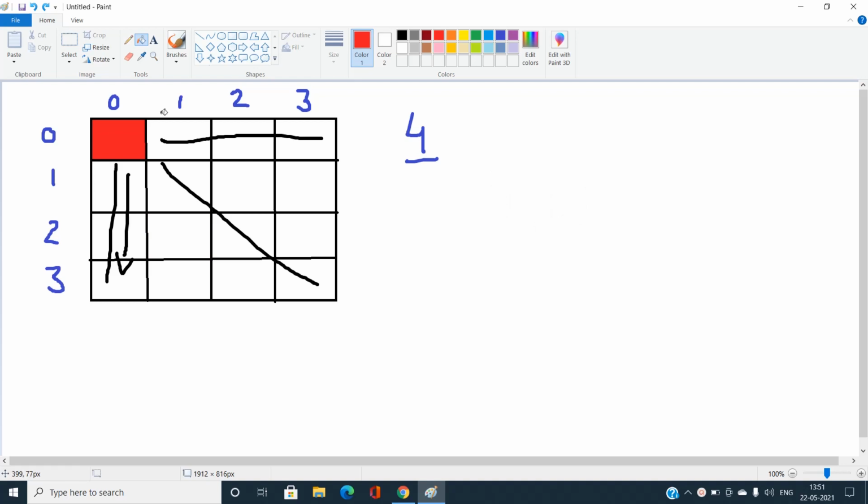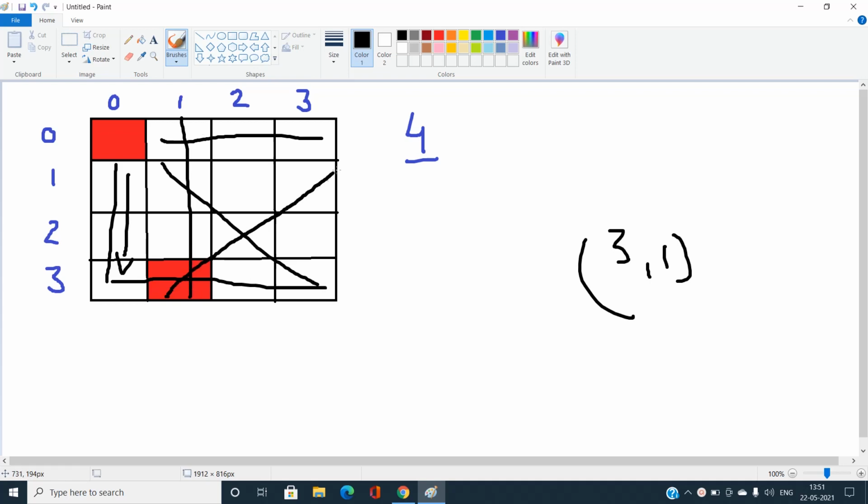Okay, so this is erased. I will try to place a queen over here, that is, rather than at 2 comma 1, I place a queen at 3 comma 1. If I place a queen at 3 comma 1, it won't allow a queen to be at this position, and also at this position. But you can easily see this position is going to be empty. So can I place a queen over this position? Yes, I can.